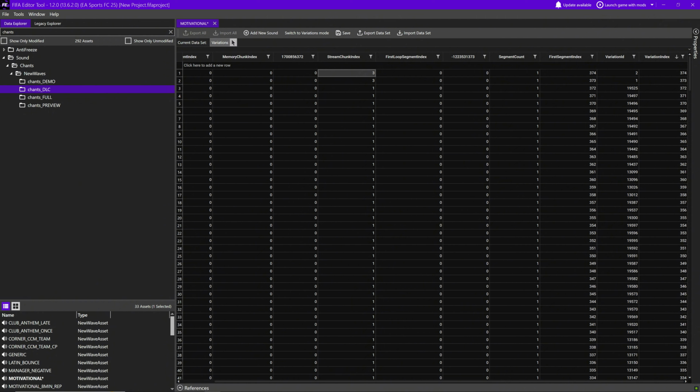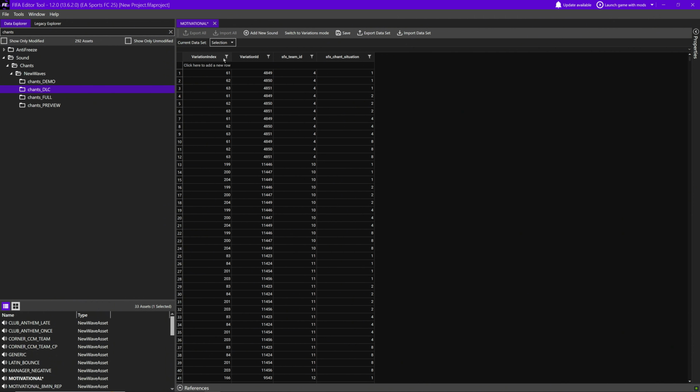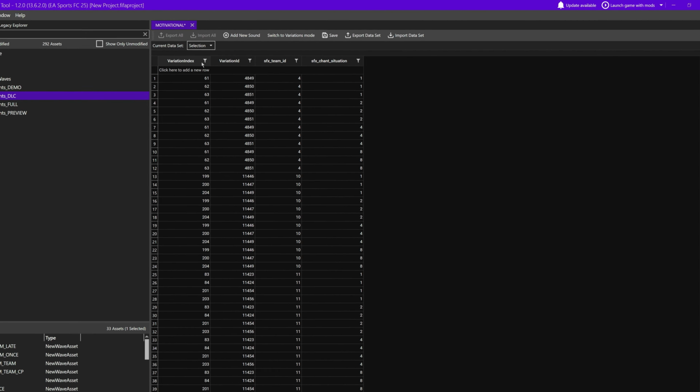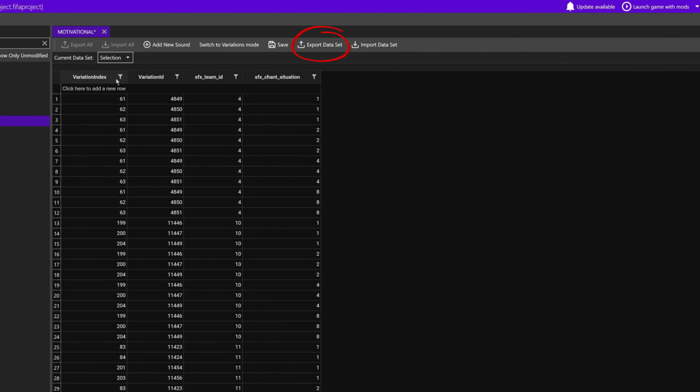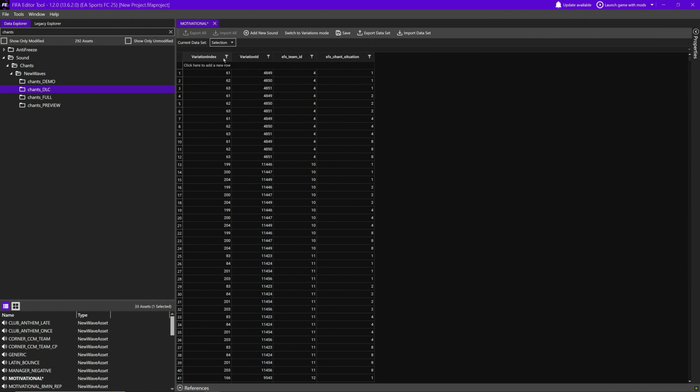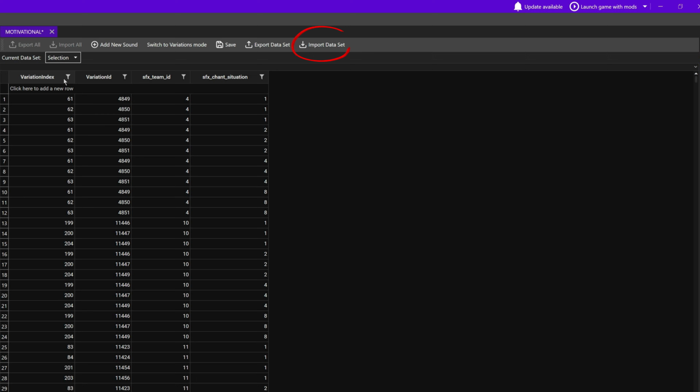Finally, the last data set we need to edit, selection. However, this is also the one with the most work, as the editor does not create any entries for us here. Since we are adding only 2 charts in this tutorial, I will do it directly in the editor. However, if you're adding many, I highly recommend exporting this dataset, making the entries in an external program, preferably in Google Docs as well, and then importing it back.